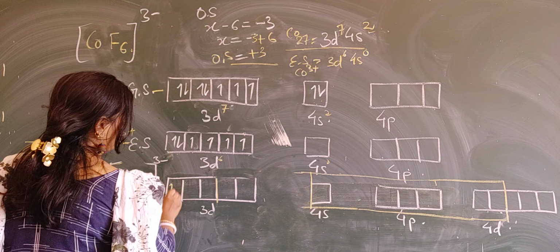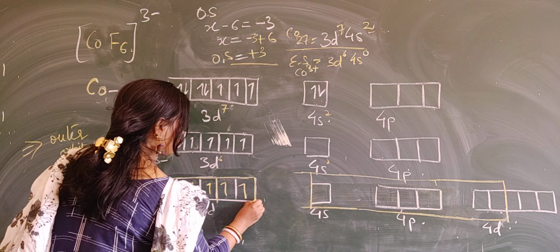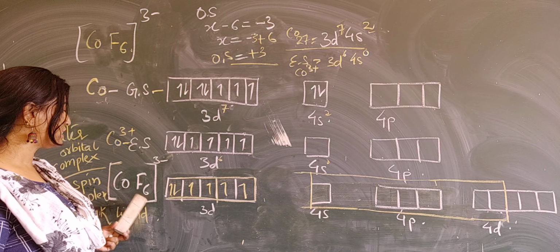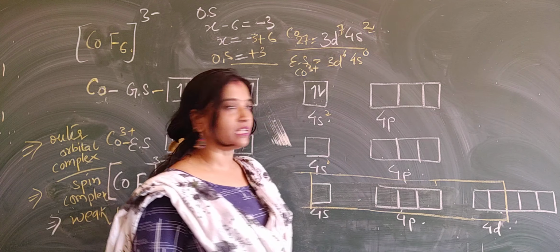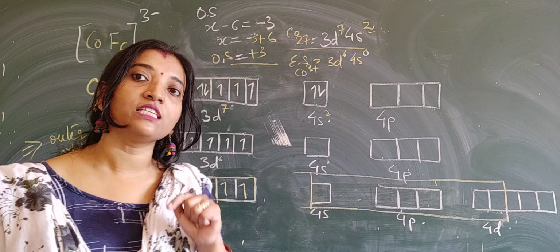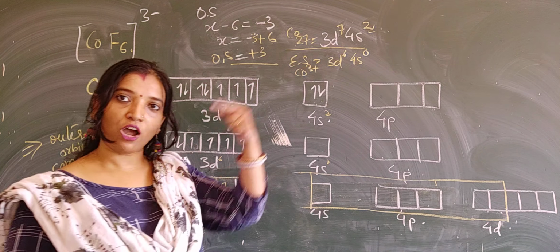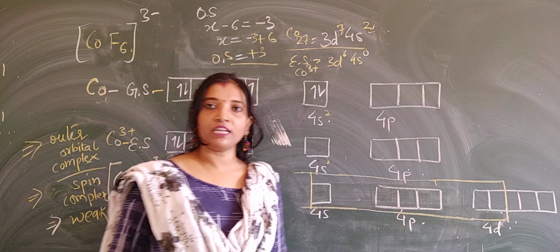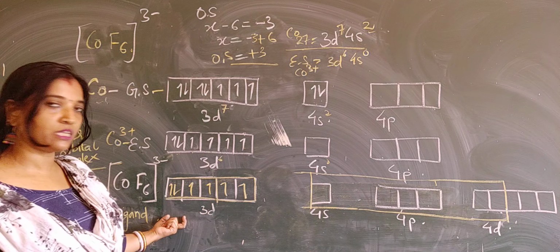1, 2, 3, 4, 5, 6. All 6 electrons will be here. There will be no pairing of electrons. Now, how many orbitals should be vacant? 6 orbitals should be vacant. If we see 4s, 4p, only 4 orbitals are there. So we have to introduce 2 more orbitals. For this, 4d will come into play. So the 4d orbitals, the outer d orbitals, will now come in. And these 4d orbitals will participate in bond formation here, as all the inner orbitals are occupied, there is no space in the inner orbitals.